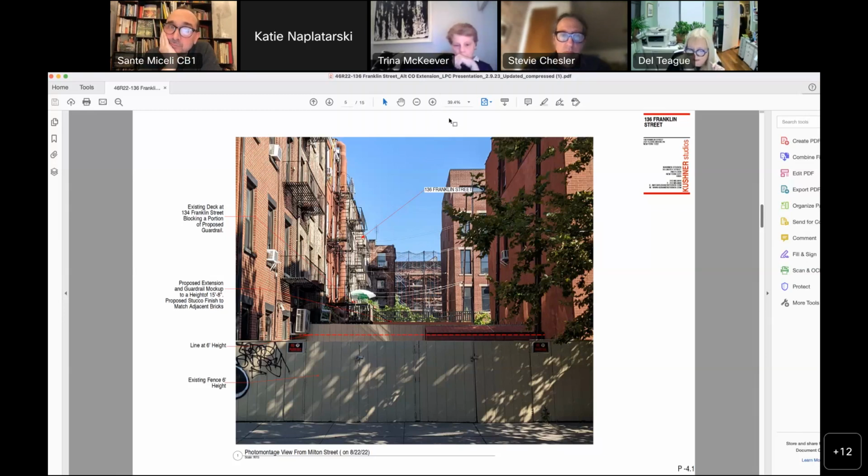I just want to say something else. Personally, I think it's heartbreaking that the city will allow developers at this point in time to completely obliterate open backyard spaces, even though I know we want commercial space, especially since we're finding so much commercial space is just left lying fallow and not even being used. And I do agree with Katie that there really should be legislation saying, you know what, we can't afford to get rid of any more of our open space. That being said, it sounds to me like we're upset that they're taking up the space, but that's not really the issue before us. I get the feeling we're actually looking for